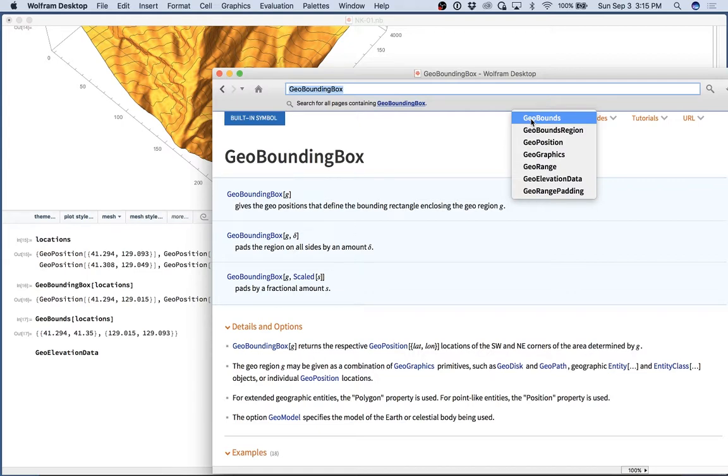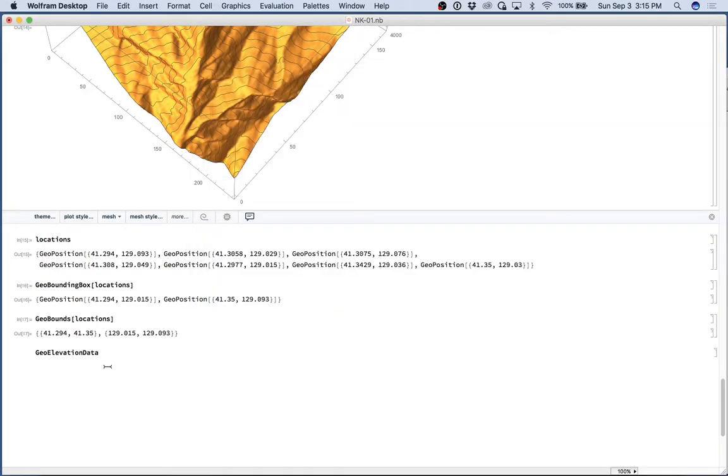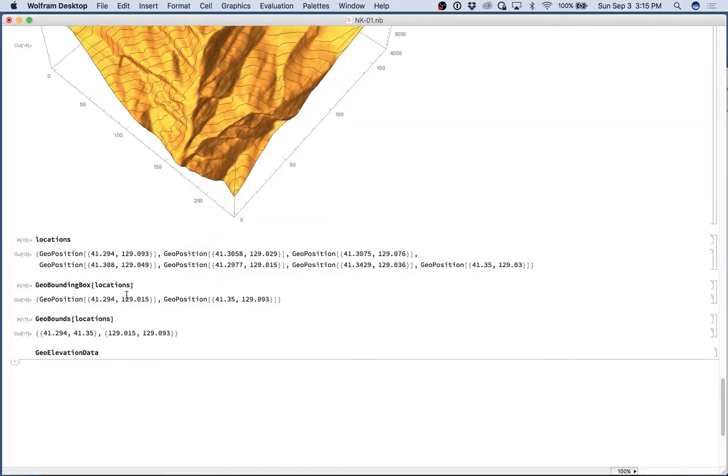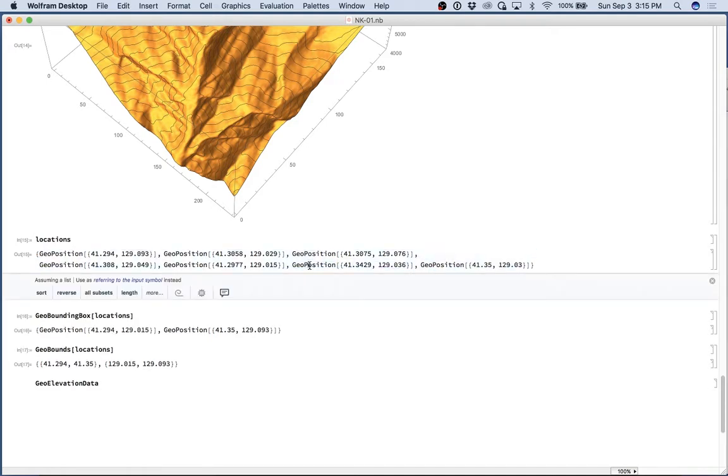Yeah, so what I want to do is I want to find in that bounding box, well, one way to do this is just to take that location there and just say where is it relative to,